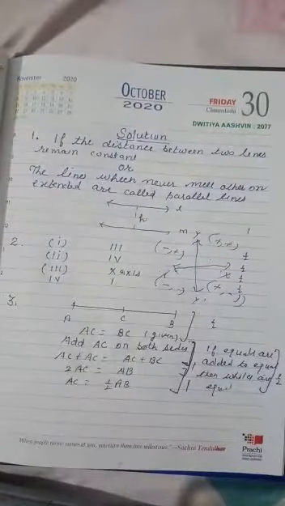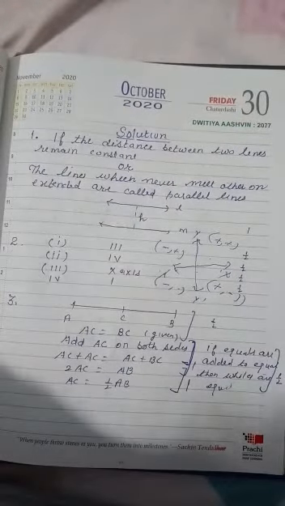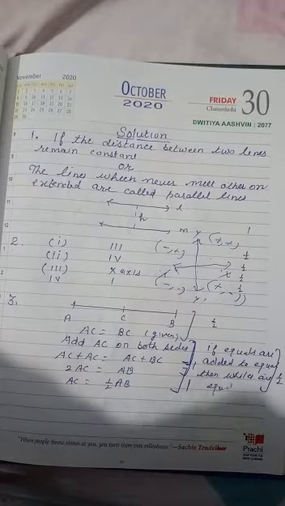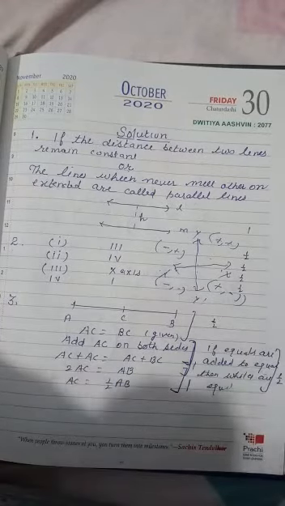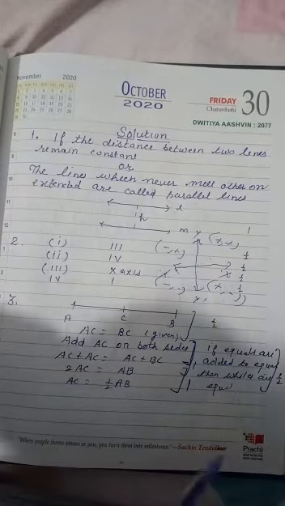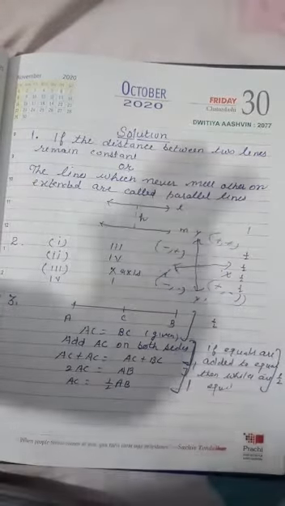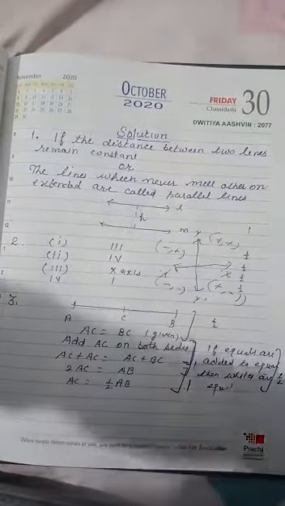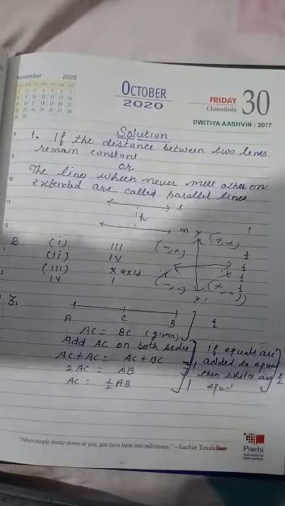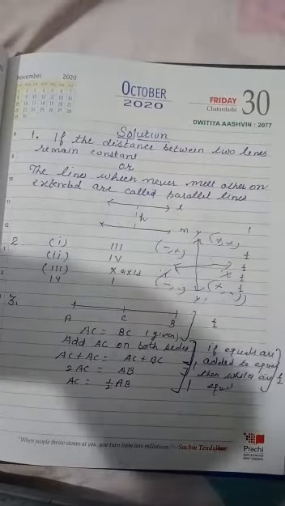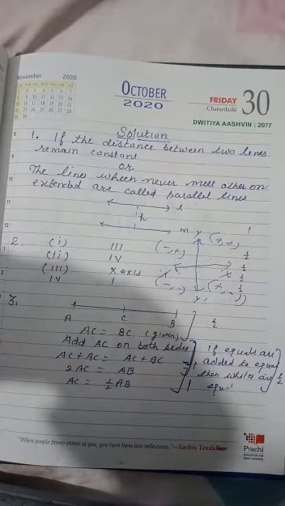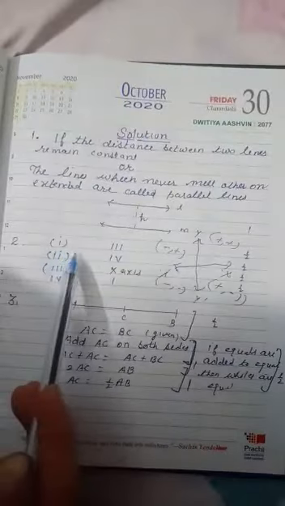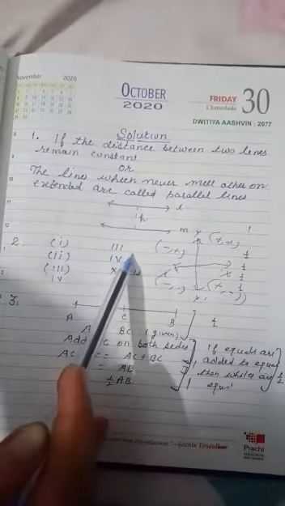Now see the points. What is your first point? Yes, the first point was (-2, -5). (-2, -5) means both are negative. So if you have the signs in mind, you can write it directly, or if you know how to plot the points, just imagine it there. In a second you can tell which quadrant they will lie in. So in the third quadrant both are negative, so the first part is the third quadrant.